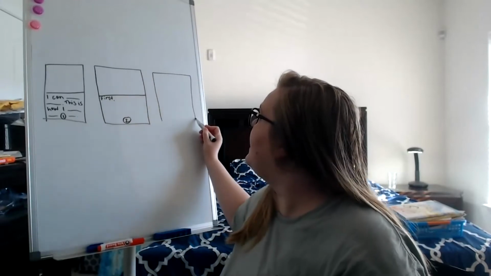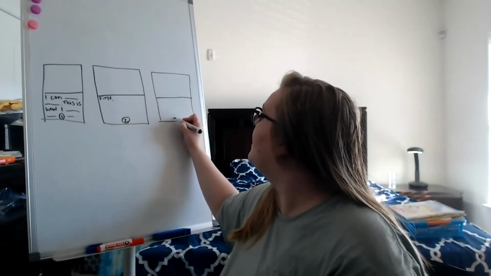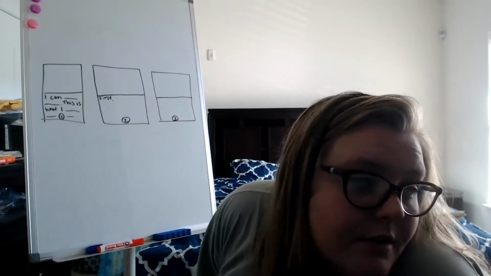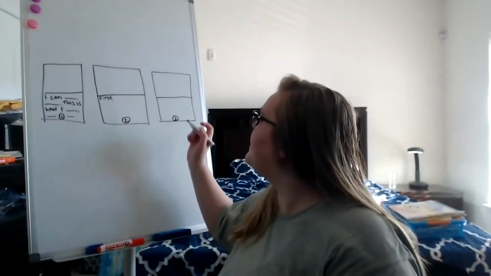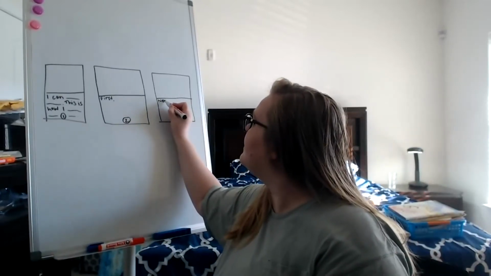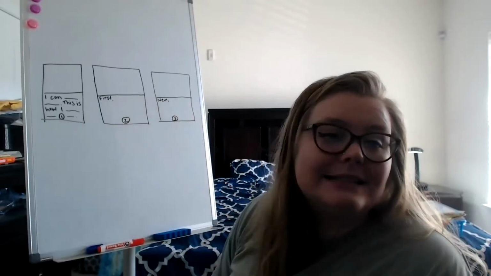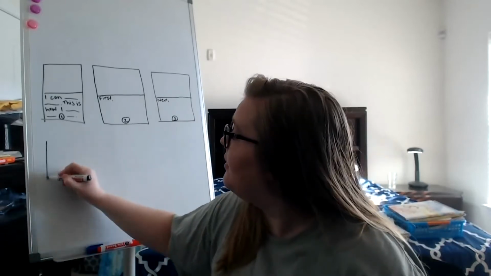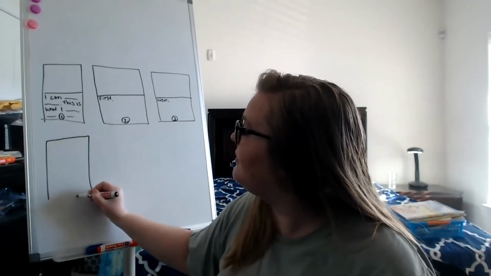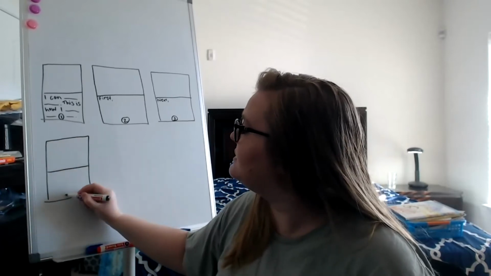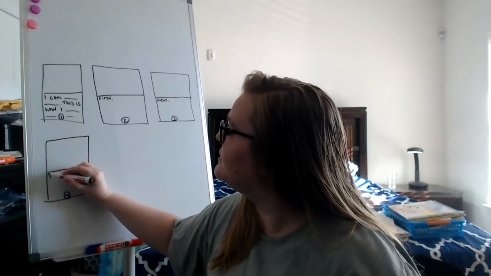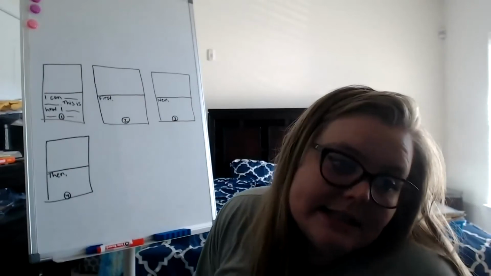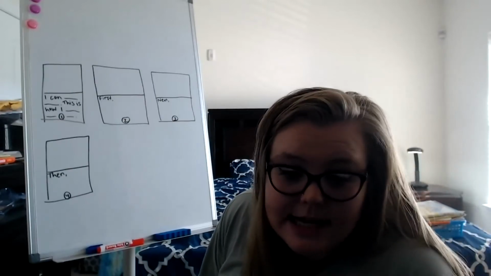On page 3, think of a transition word you could use to start page 3. There's some listed in the packet. I'm going to write next and give your next step. Be very clear and give detailed directions with full sentences. Page 4, you could start with then. These are all transition words. They tell us that this is the next part. This is the next step.